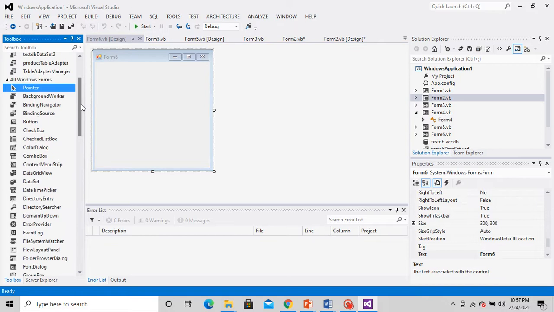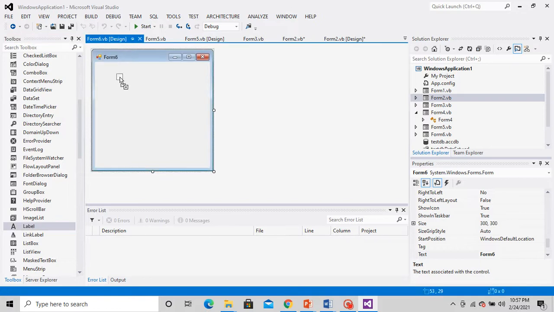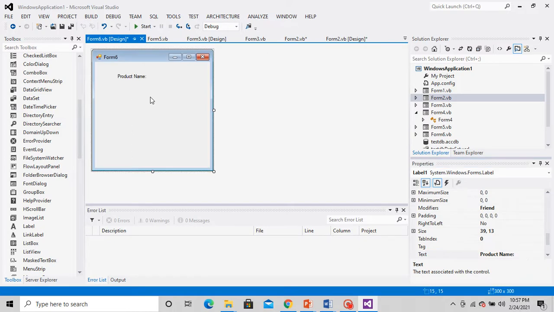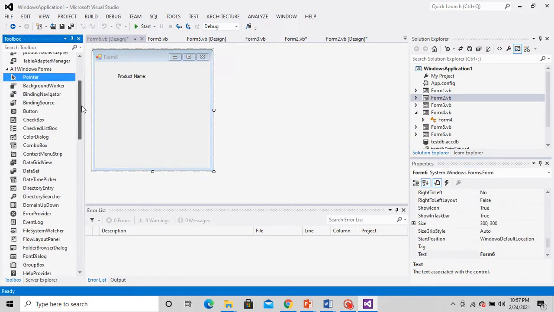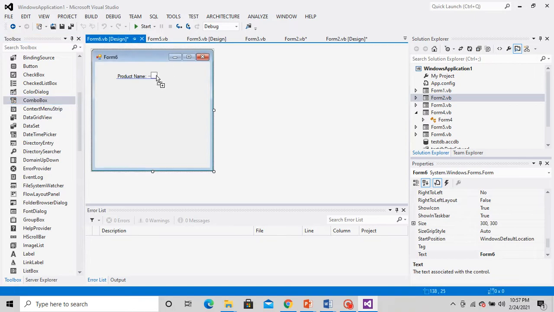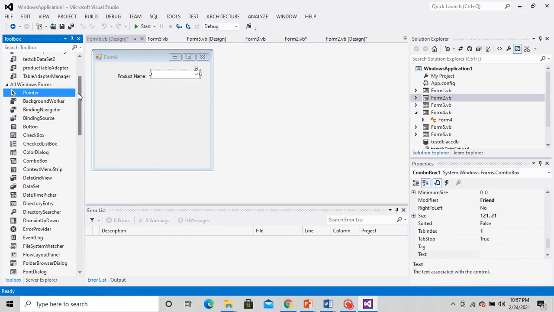Okay, so what can I do here? Let us do one thing. I'll put the product name here. Let us put a combo box. I'll copy and paste the same code here. So let it be a combo box. Whichever product this particular person is selecting, I update the price of that, right? I can just try like this.